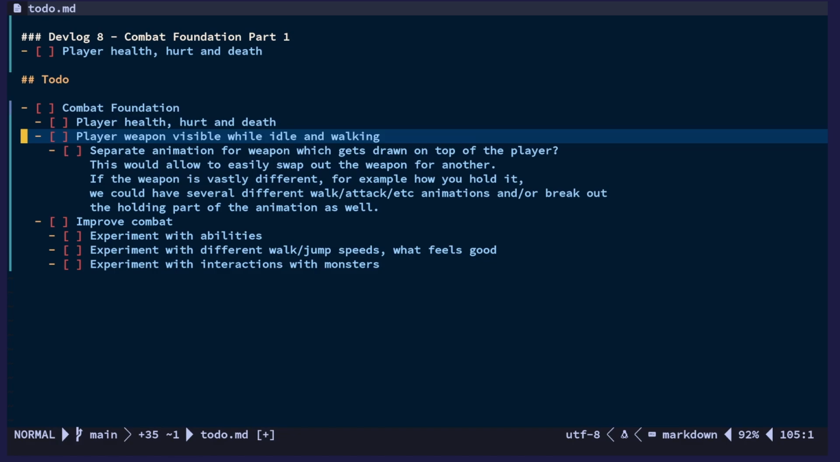and then if you have some sort of weapon that should change how the player's holding it, then you want a different set of sprites for that as well. But as I'm thinking right now, just one weapon for now, and I might separate it and draw it on top of the player so that you can see the weapon while the player is standing still or walking as well. And then I want to also, in this combat foundation umbrella here,